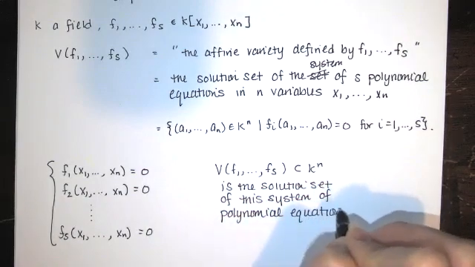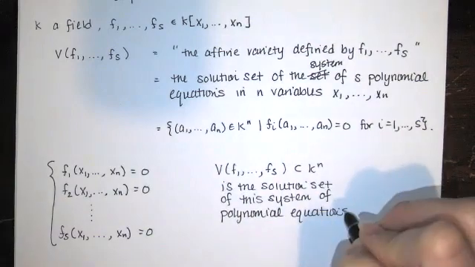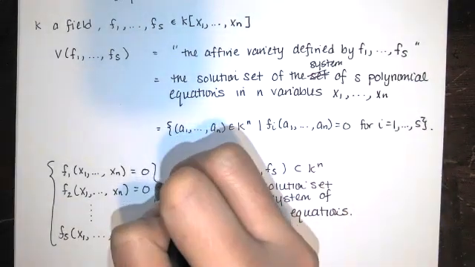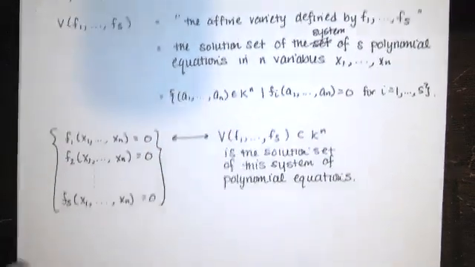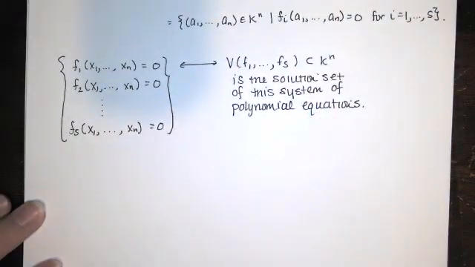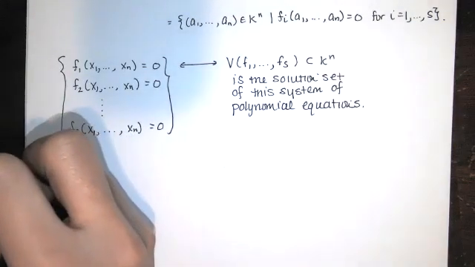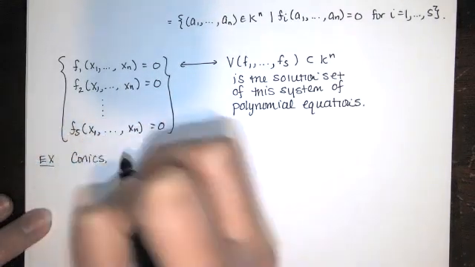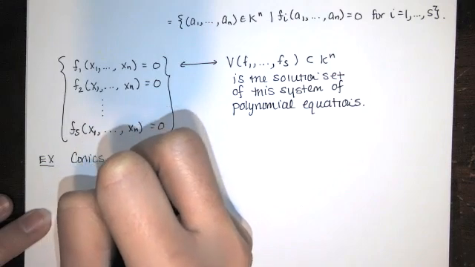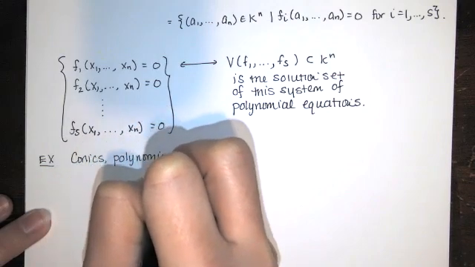So I know that affine variety sounds new and it sounds abstract, but it's actually a really simple idea that you're very familiar with and comfortable with. We just never called it an affine variety before. Some of the examples that we looked at in the last video, examples of affine varieties included conics, polynomial functions,